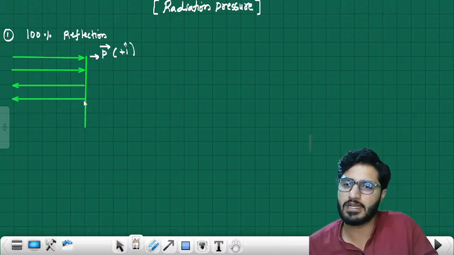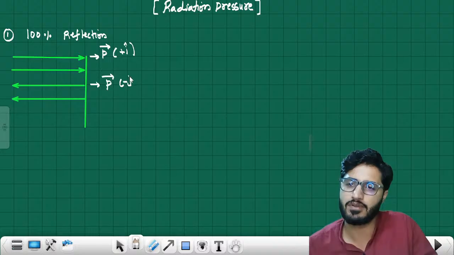P means momentum. What is the equation for this one? Sir, it is this one, no? It is P, it is minus J cap. Sorry, minus I cap. Minus I cap. So what is change in momentum? Change in momentum would be